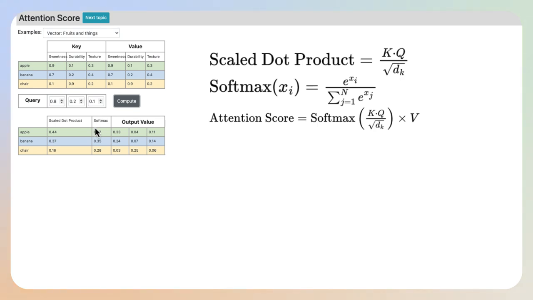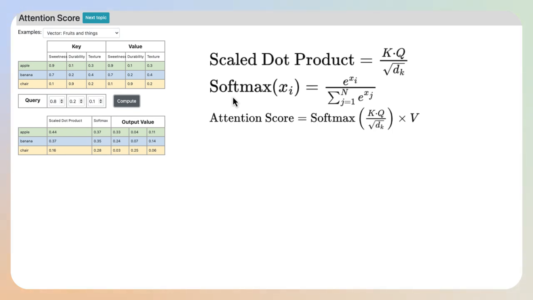Next, we can take a look at this column and find how to calculate the softmax. Here's the formula to calculate softmax. Here, xi is the ith element of the vector x, e is the base of the natural log, and the denominator is the sum of the exponential values of all elements in the vector. The softmax function transforms a vector of real numbers into a vector of probabilities. Each probability in the result is in the range 0 to 1, and the sum of the probabilities is equal